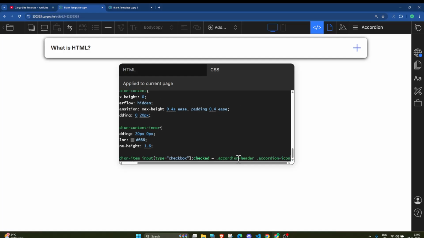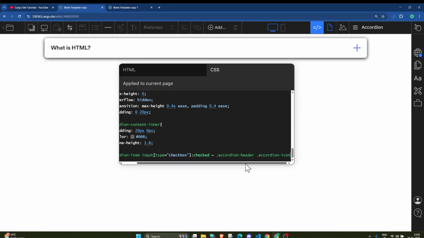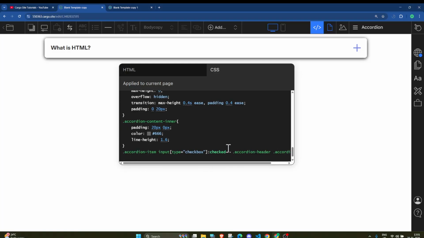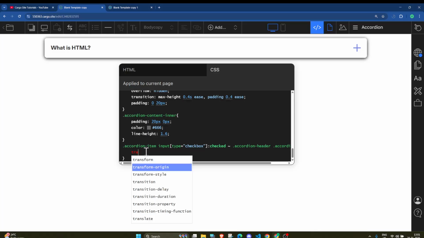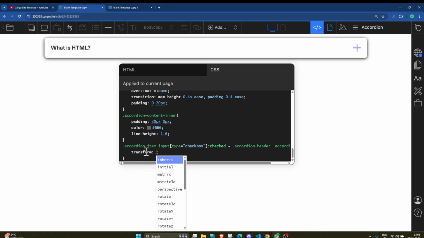So you can see this CSS, and after that here simply what we want is to rotate this thing, transform rotate 180 degree.